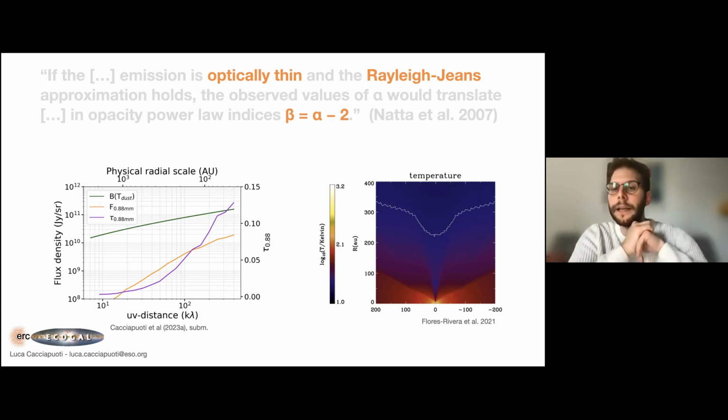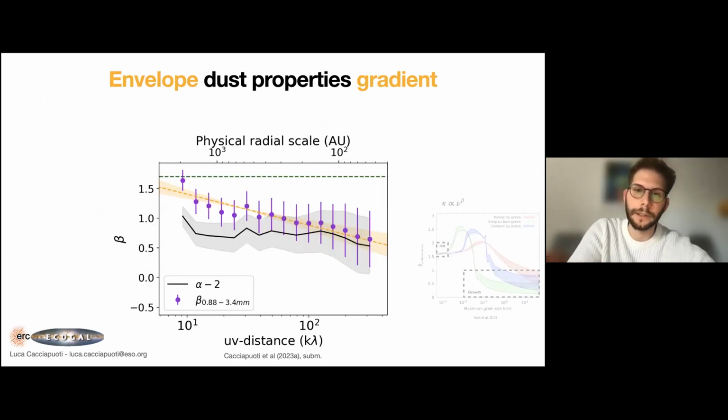And so when you go to these low temperatures at the millimeter wavelengths that we probe, then you are out of the Rayleigh-Jeans regime. And so it's not true anymore that beta is just alpha minus 2. So we correct for that. And basically what this plot shows is the alpha minus 2 approximation in black. And then what we get once we correct for the temperature